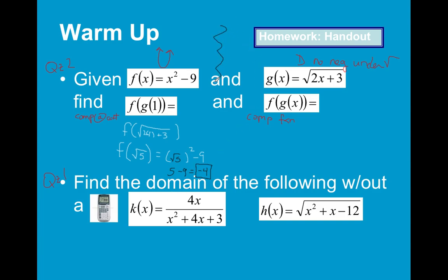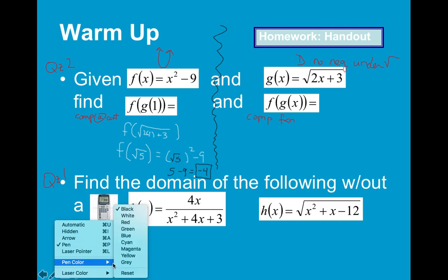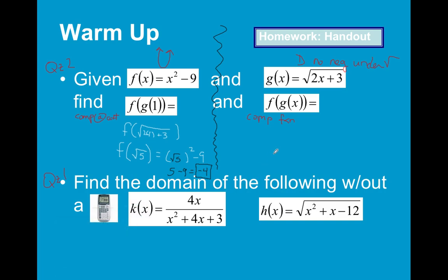So now, let's go do the second one. The composition function means go find f and put every answer from g into it. Notice here I was able to put the 1 into g and get radical 5. Here I'm not. I'm putting every x that is legal into g and then taking all of those answers and